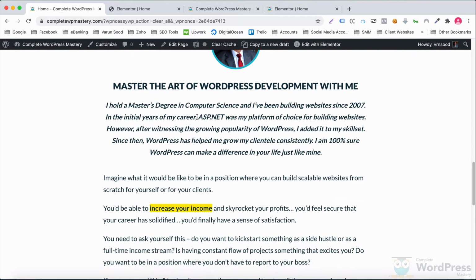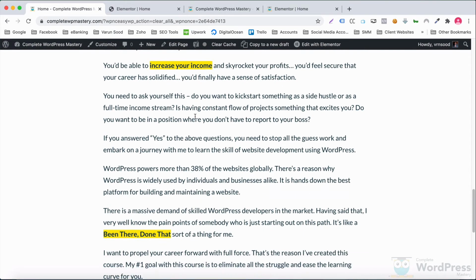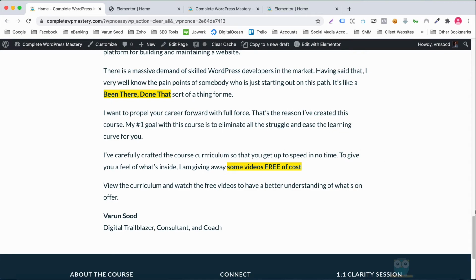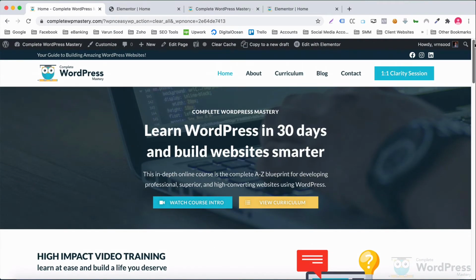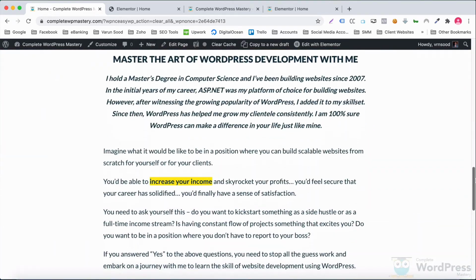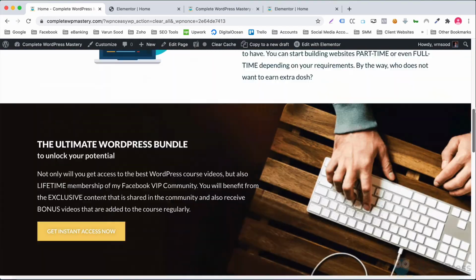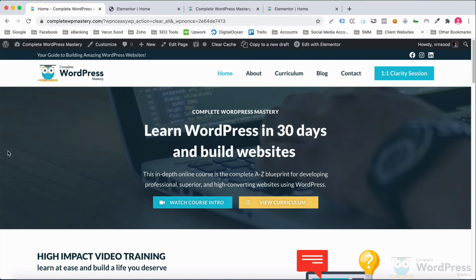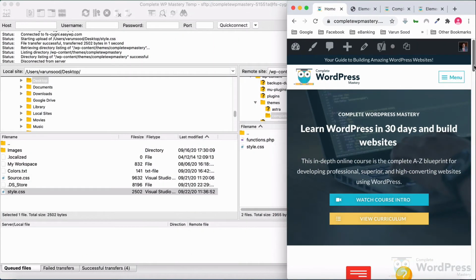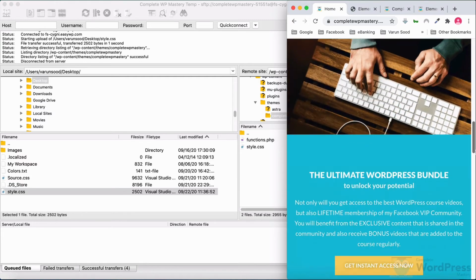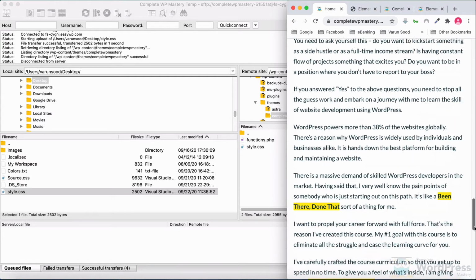Looks very good. Fully responsive and pixel perfect.